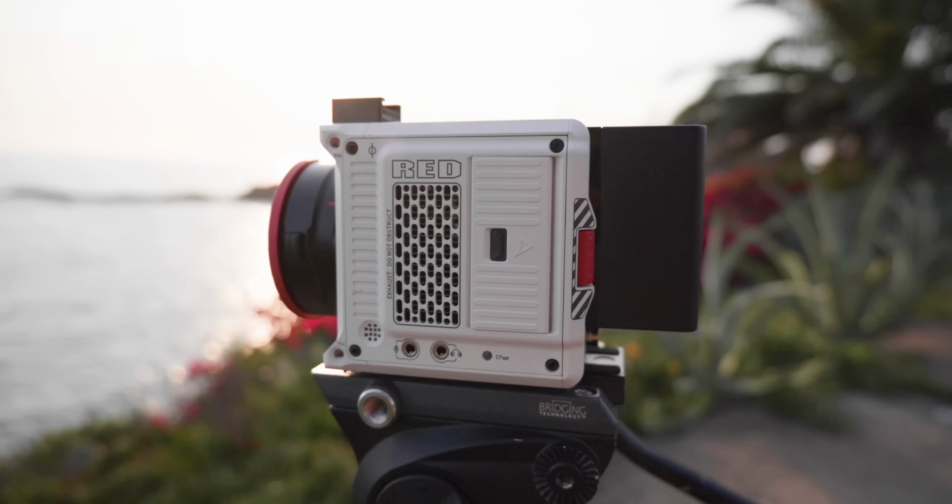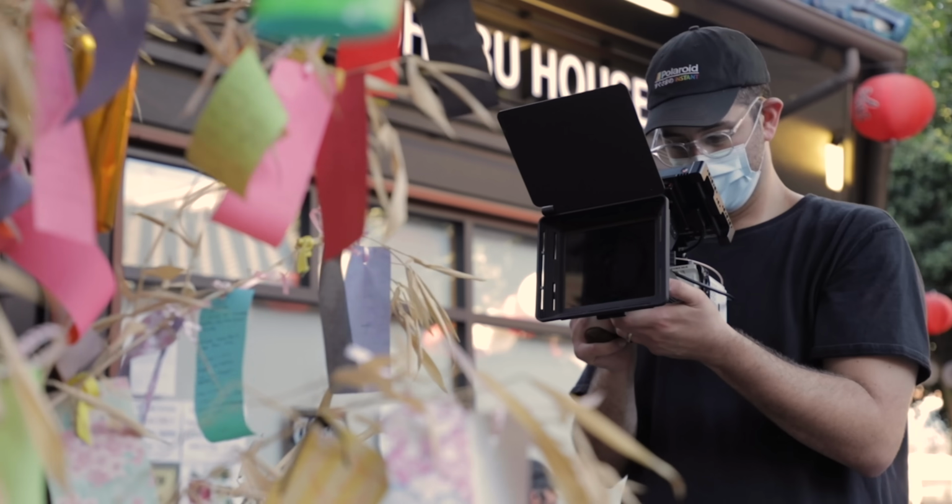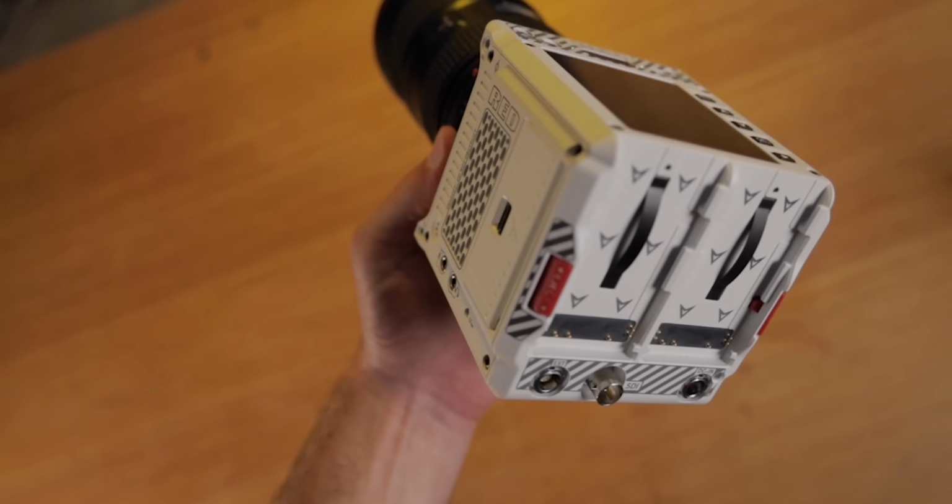This is the Red Komodo. The 6K resolution for $6,000 Red camera with a global shutter and Red RAW recording that all fits in the palm of your hand. Well,